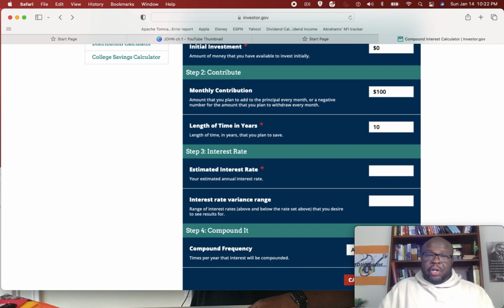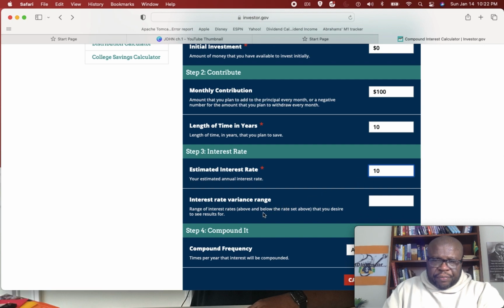It's a key variable to determine how much money we'll have: the estimated rate of return we're expecting annually. So the S&P 500 over time has returned about 10% annualized. It's not 10% every year, but over time, it's averaged about 10% per year. So we'll use that. We're going to invest in an S&P 500